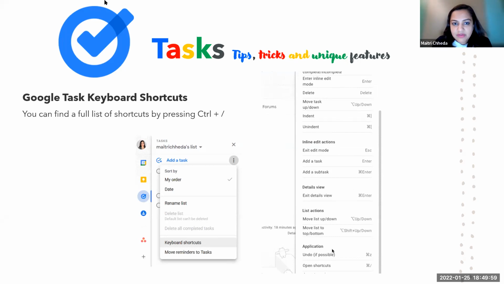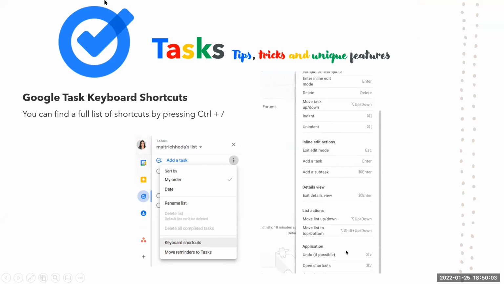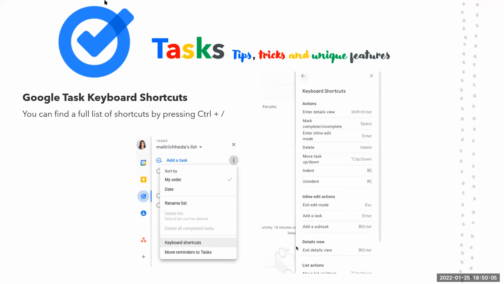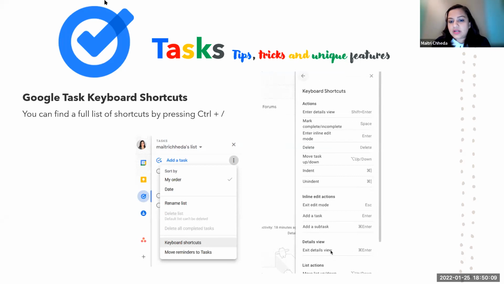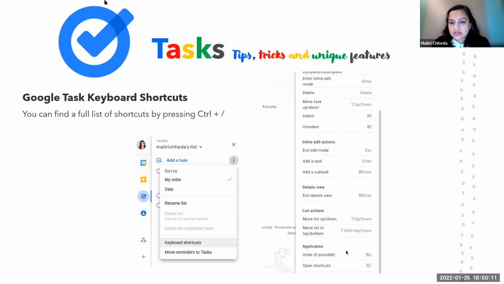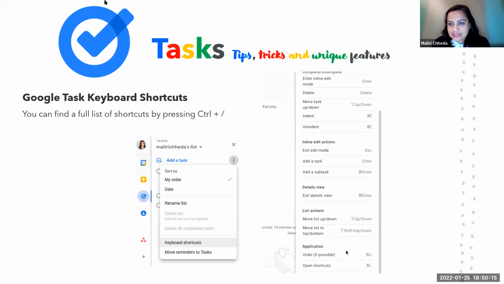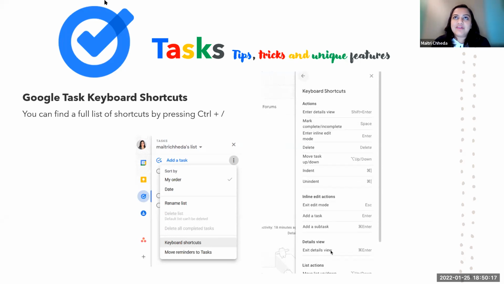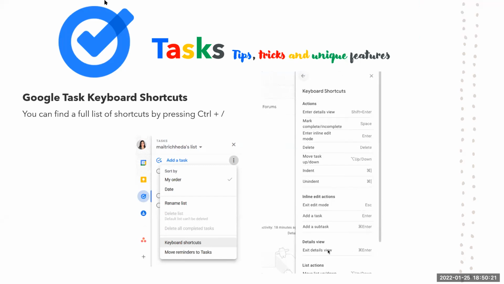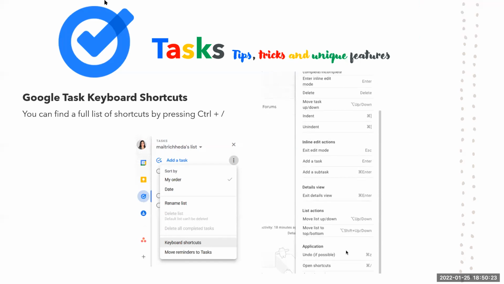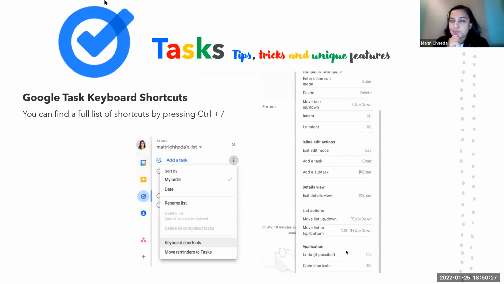Yes, Rajendra, you have a question? Yeah, I think there is one limitation in tasks where I cannot assign a task to a group member or something, is it? Yes, you cannot. Why? I will tell you. Because this task is very basic, mostly your personal task. There's a workaround, which we will come to later, through calendar. Yeah, through calendar. Yes. Okay, now we are coming to calendar. So that's the workaround you have, that you can do it through calendar.